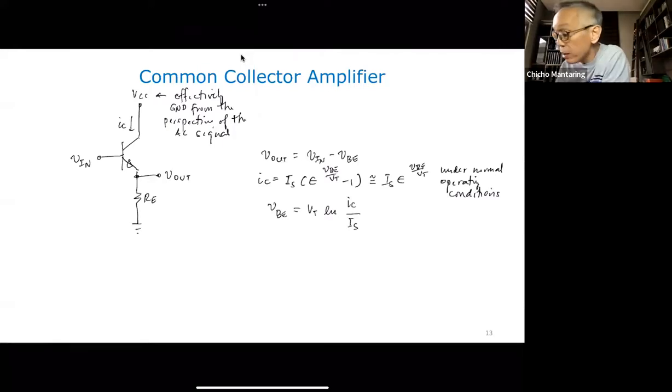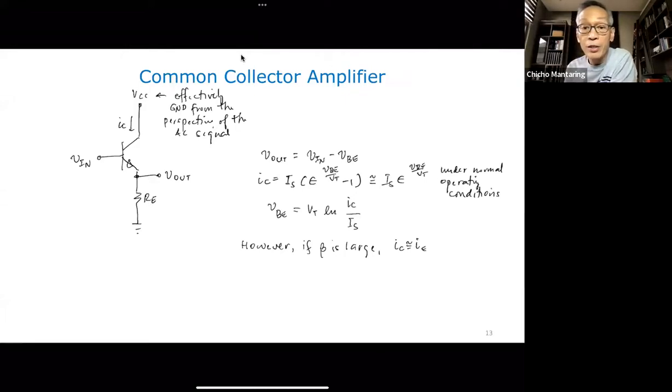Okay. Now, however, for large beta transistors, if beta is large, which is the usual case, then I of C is approximately equal to I of E. Remember that I of C is equal to beta over 1 plus beta times I of E. So if beta is large, then 1 plus beta over beta is approximately equal to 1. But I of E